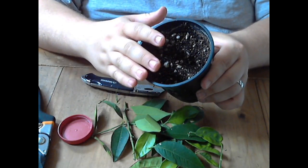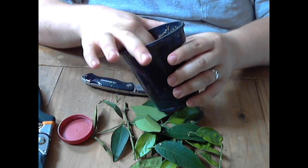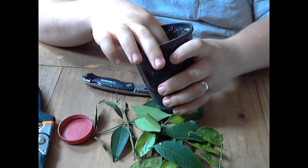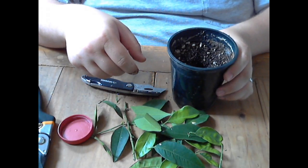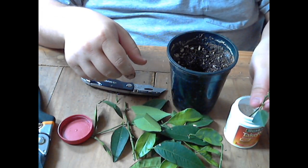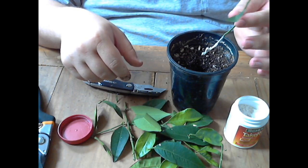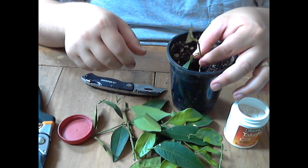But you want this to be a little bit damp, and I also am going to make a nice little hole. You can do this with your finger, a chopstick or something like that, whatever you want. Basically a nice little hole for it to sit in. And then I'm going to take my cutting here with as much of that B vitamin as I can. See a nice little glob of it stuck on there. And I'm basically just going to put that down in there